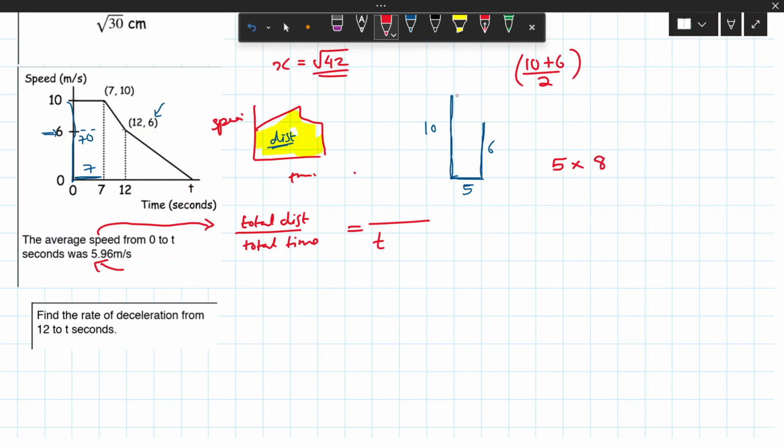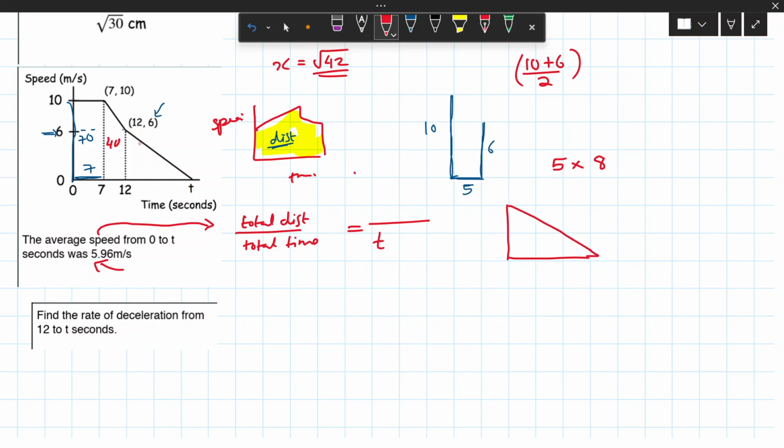So I'm going to find the middle height. I'm not using the 10, I'm not using the 6, I'm using the middle value. So 5 times 8, that gives me 40. So I've got 70, I've got 40. The next one is I've got a triangle. So if I use that triangle, the base of that triangle is,